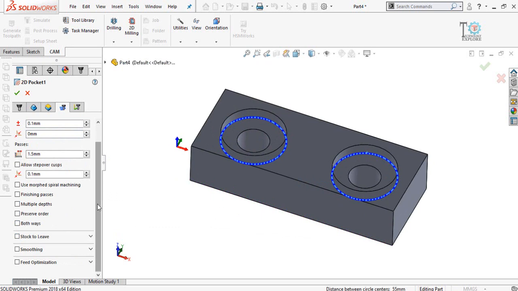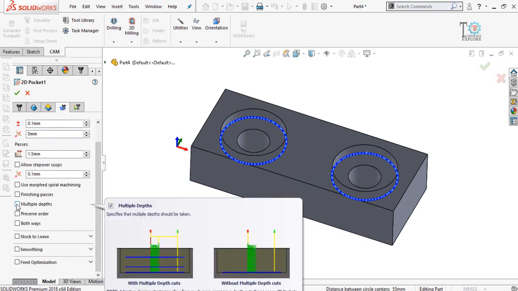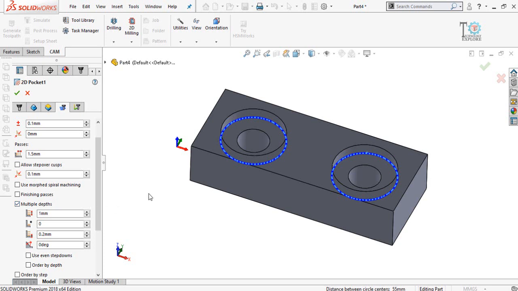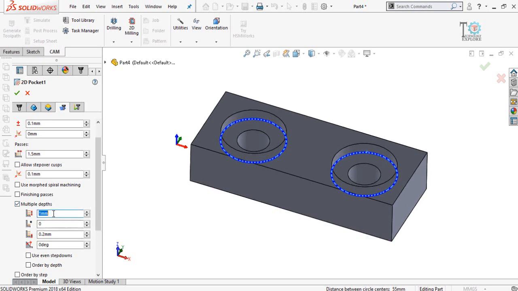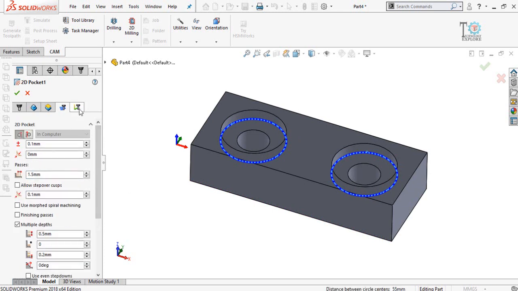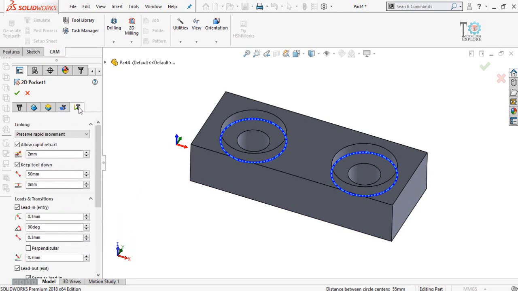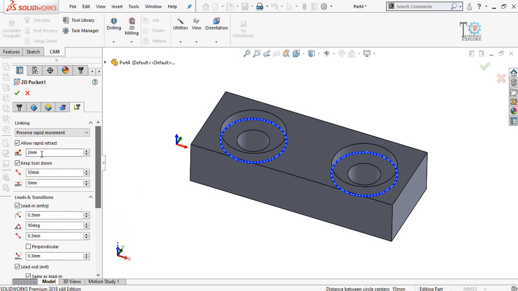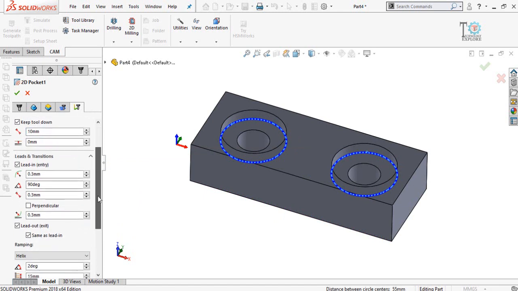Then from here I have to select the multiple depths, and cut per depth should be 0.5 mm, and then I have to click on linkage or linking, then rapid retract, skip tool down 10 mm, and then scroll down.